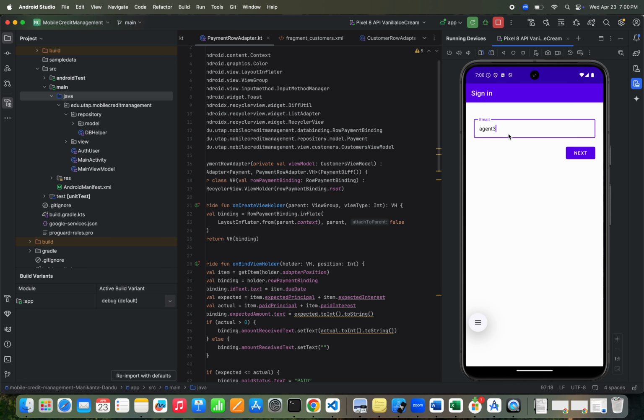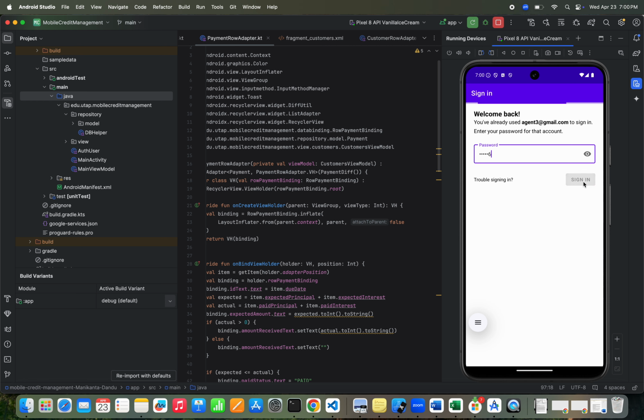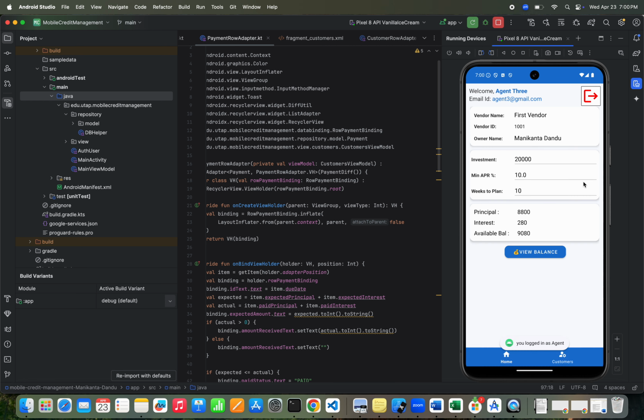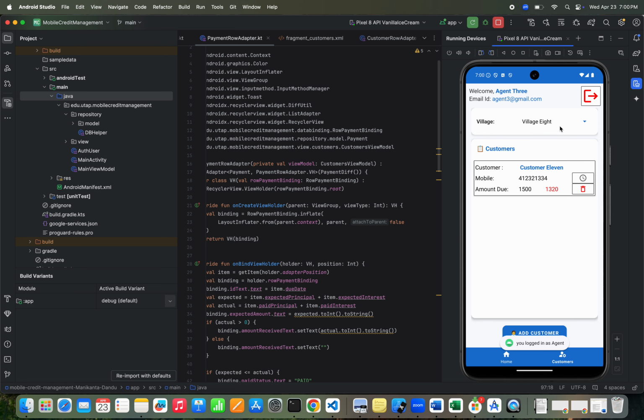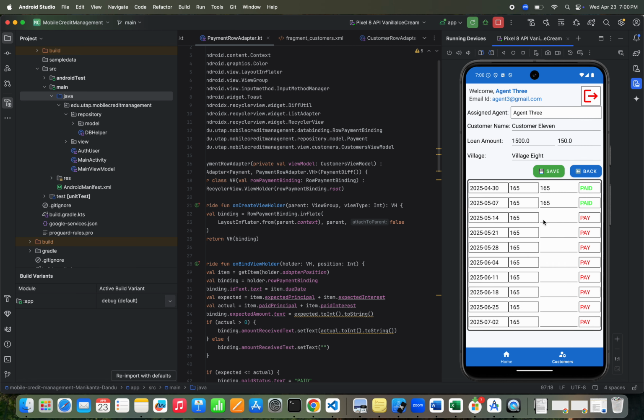So let's go to the other agent, agent 3. All right, the same information, and the customers, so he has access to village 8, and he has one customer where some of his payments are paid. Go back,